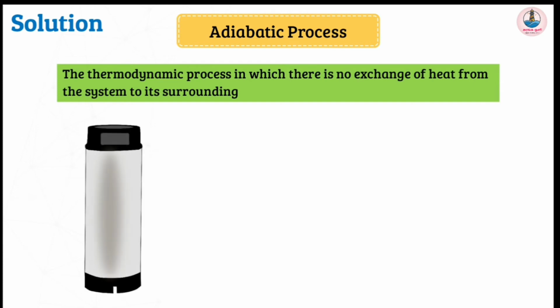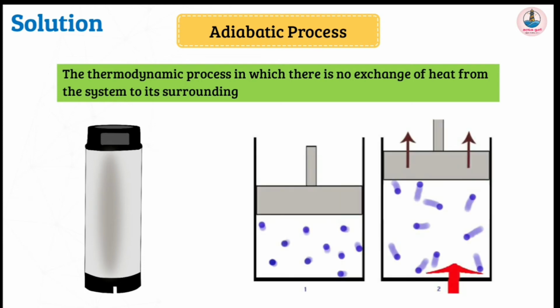The simple example for an adiabatic process is the flask that we use in our homes. The flask is made up of an insulating material, which is also called adiabatic. If we pour hot water into the flask, it does not exchange heat with the surroundings, so it stays hot for a long time. Another example is piston movement, which causes expansion and contraction of gases, which also causes an increase or decrease in the heat in the gas.